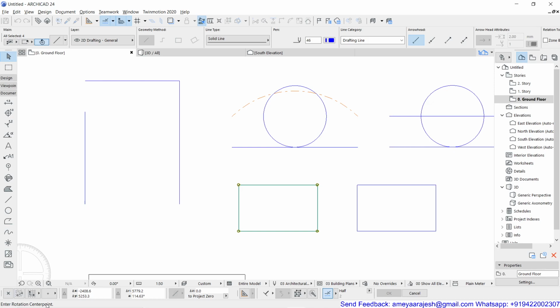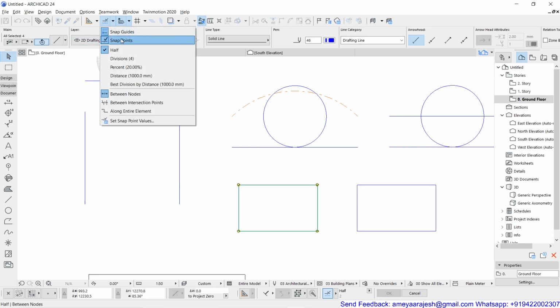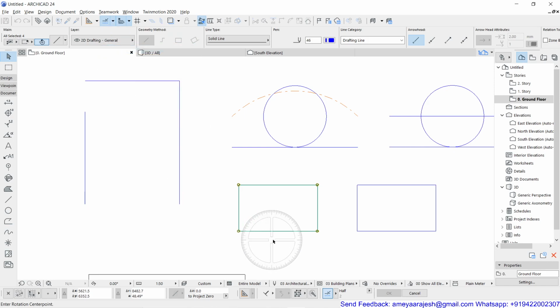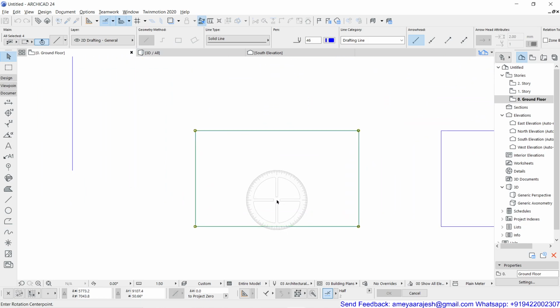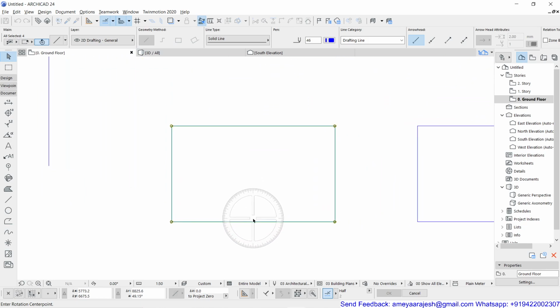Enter rotation center point. So I'm going to take the benefit of the snap guide and snap point. Already we are working with the snap guide and snap point on, with the half as the combination. So I'm going to touch with the cursor to get the half location, and I'll stay there for a while.